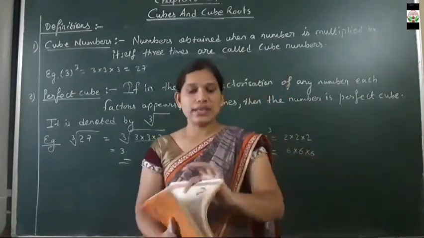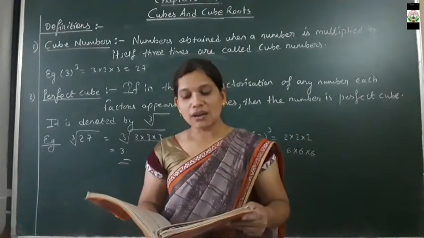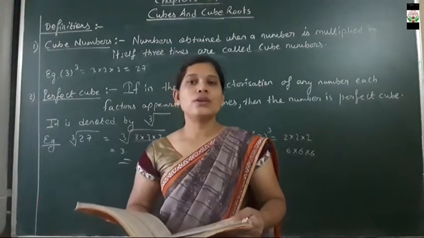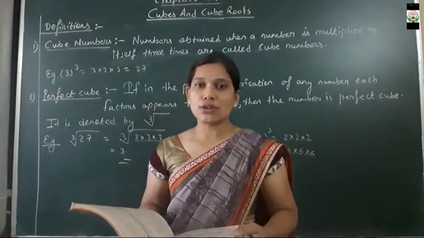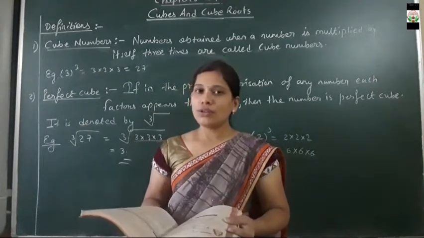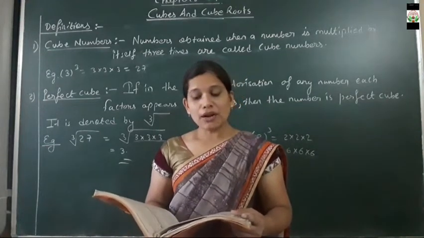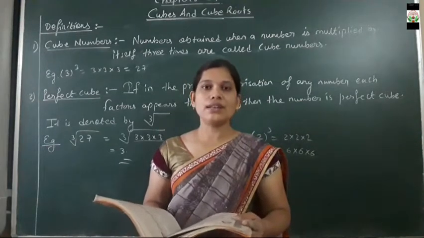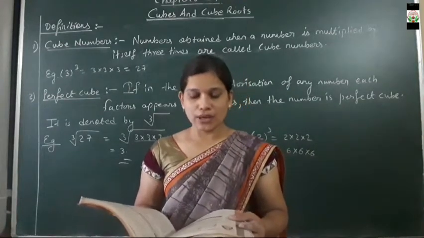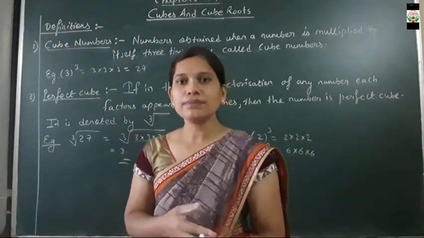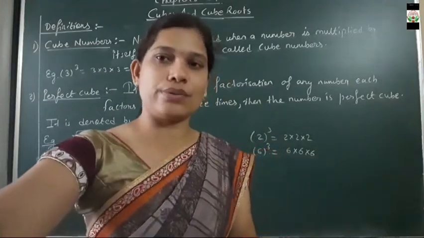Moving towards the next, what is exercise 7.1? Which of the following numbers are not a perfect cube? Here we have to find which of the numbers is not a perfect cube. So take out the prime factorization using the prime factorization method. Take out the factors of 216. If any number does not have groups of 3, that means it is not a perfect cube. We can use any of the methods as we solved in chapter number 6, that is square and square root.